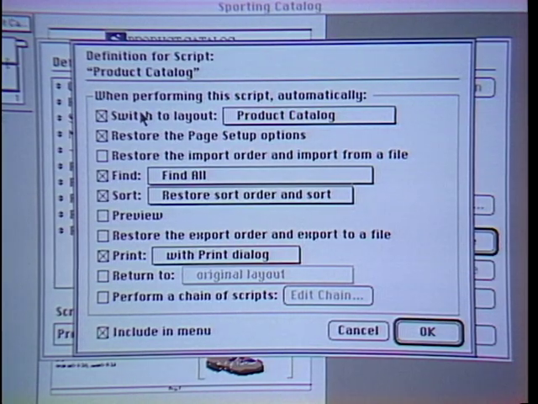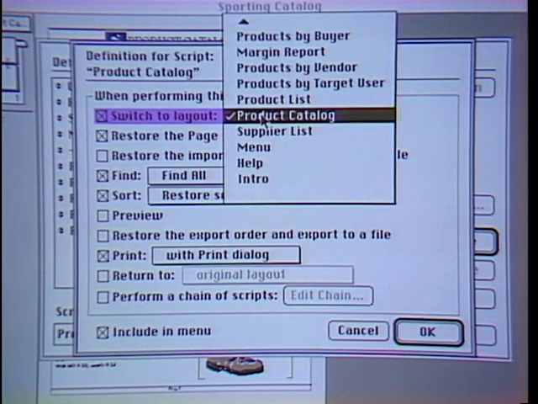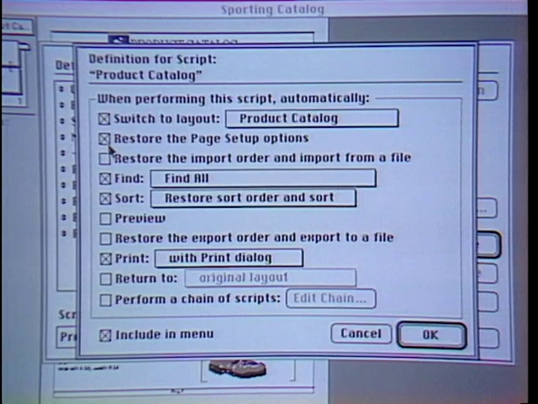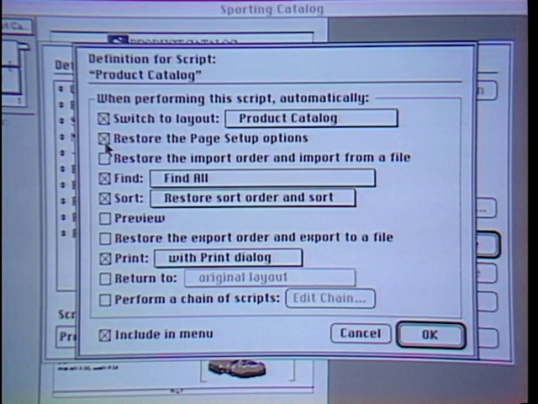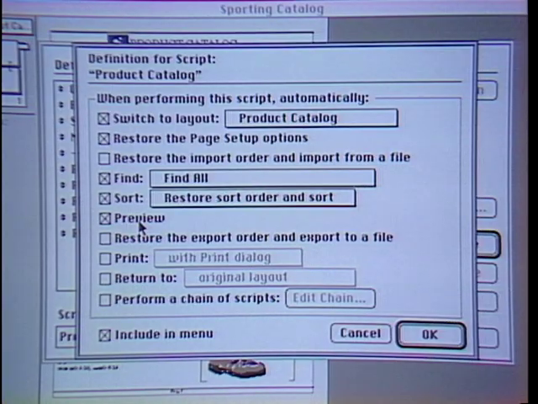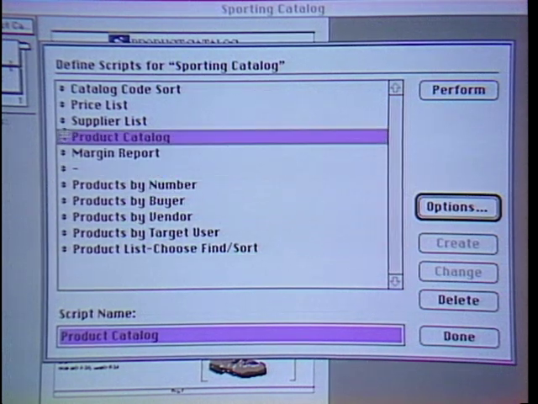And I can control what the script does by simply checking the boxes and making the selections from the pop-up menus. Now, FileMaker's been watching my operation, so it knows that I switched to the layout called Product Catalog. That's what I printed from. It defaults to do things like restore the page setup, and I can do things like find and sort. I can import and export data like I did. Rather than print, I'll check off print and click on preview so that I see it on screen before it might actually be output. I'll click OK, and you can see my product catalog script is now available,